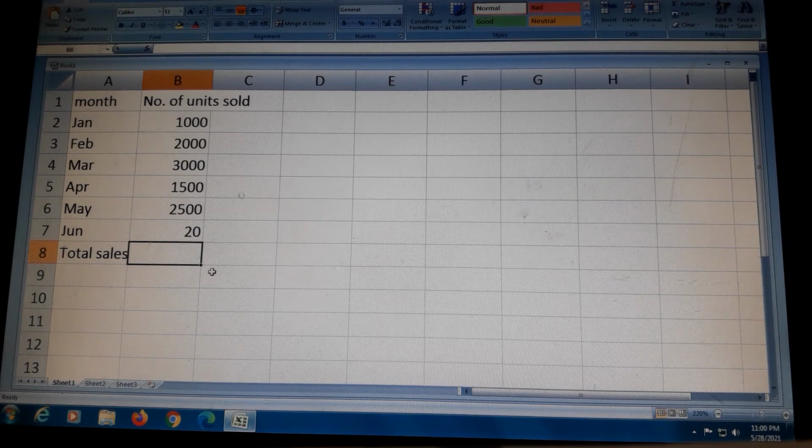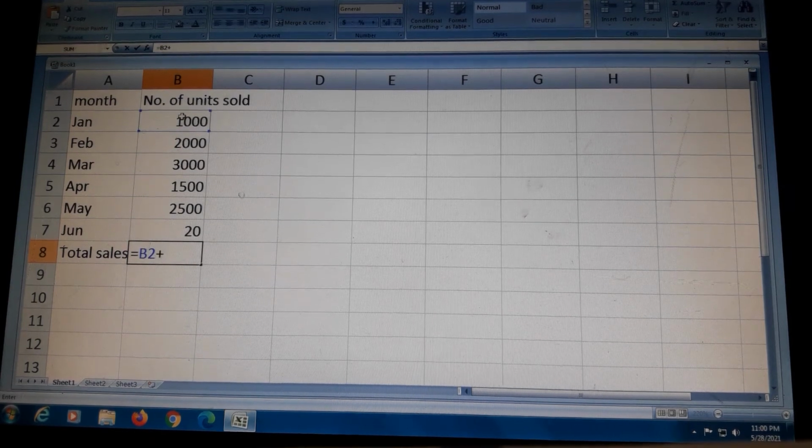Without auto sum you can also do the sum. First of all you apply the formula, press equal to, then click on the cell which you want to add. Then press the plus sign, then select the next one, then again plus, and again plus.